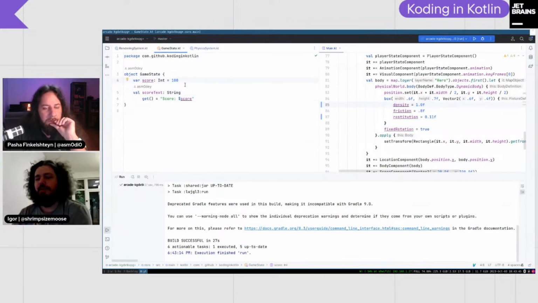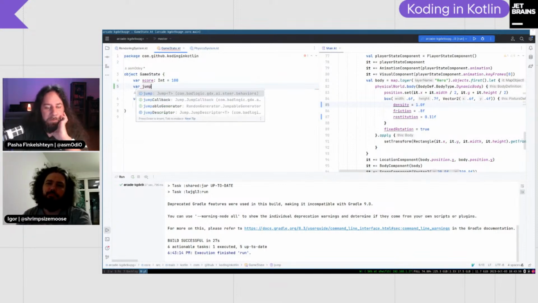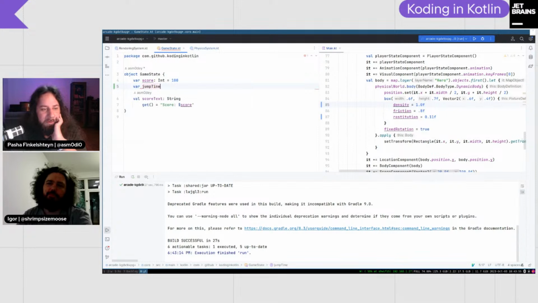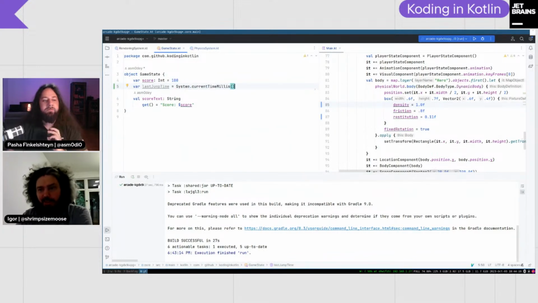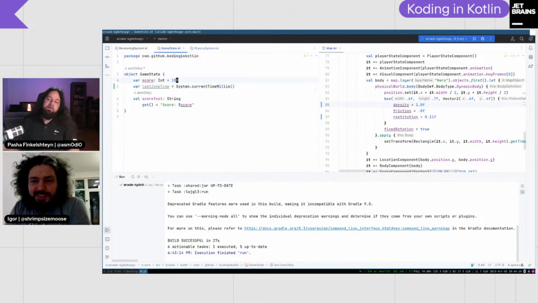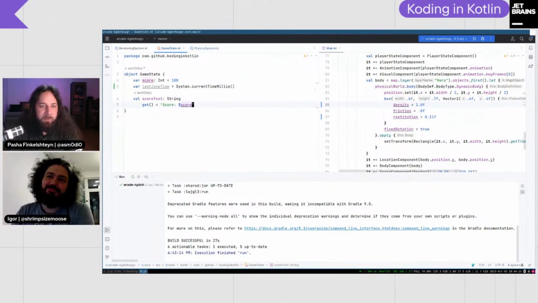Okay, so we can actually add last jump time equals System.currentTimeMillis. System with a capital letter, current with lowercase. Yep, this one. Classes start with a capital letter, methods start with a lowercase letter.